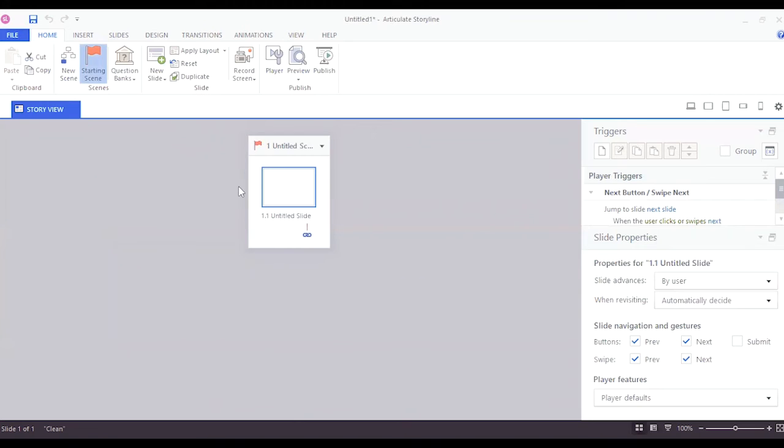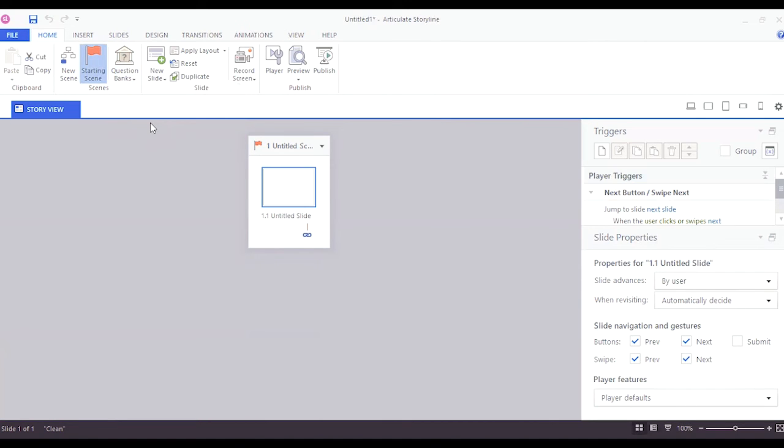For the sake of today's session, we can see that there is an untitled scene with a red flag. The purpose of this red flag is identifying that, hey, this is a new scene and I am the first slide of this project. So this is the main purpose of having a starting scene with a red flag.